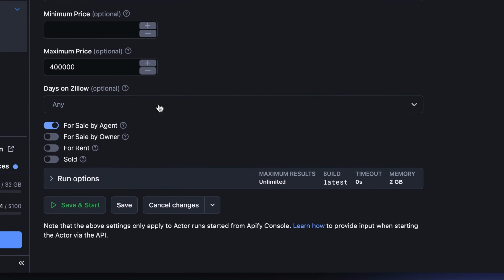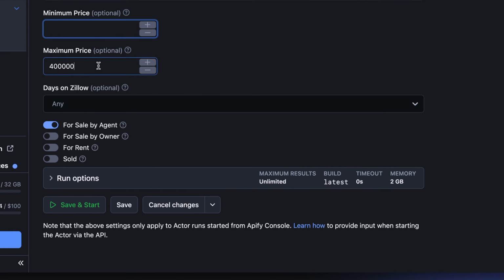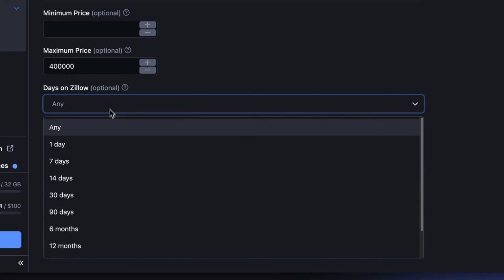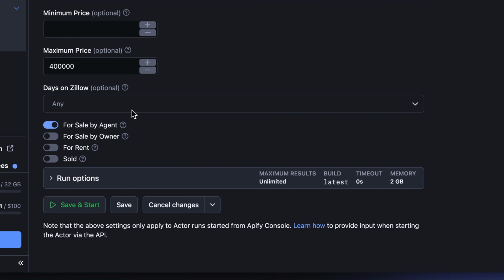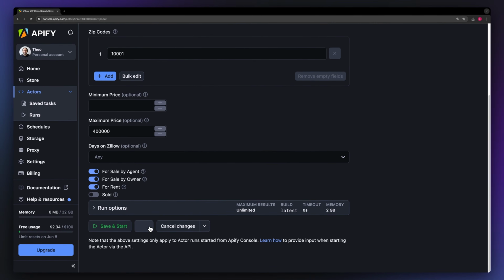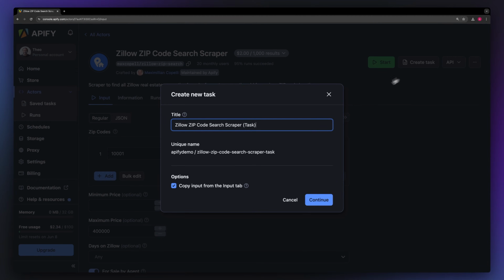The scraper lets you set the minimum and maximum listing price and filter out listings based on how long they're on the platform. You can also decide on if you want to see houses sold by agents or direct owners, and if you want to extract rentals and already sold properties. After everything is filled out, just save your setup as a task and run the scraper to start fetching your